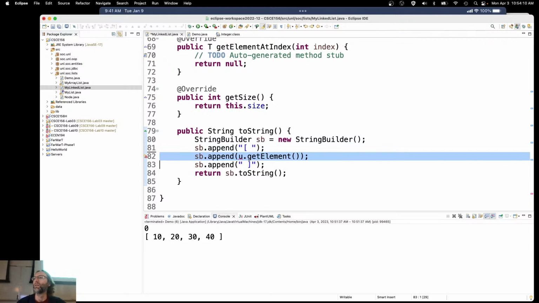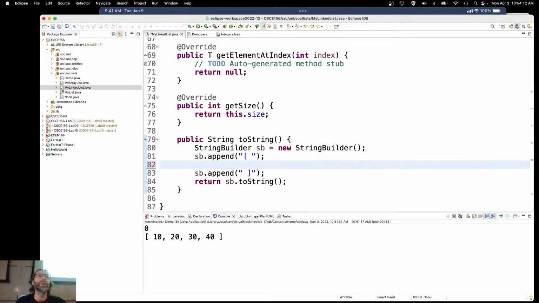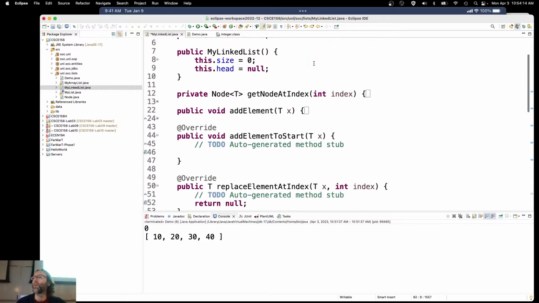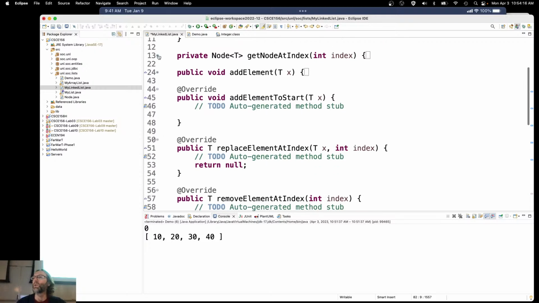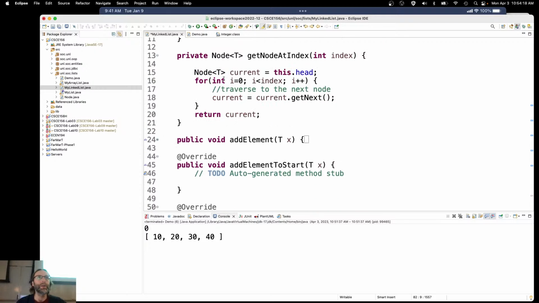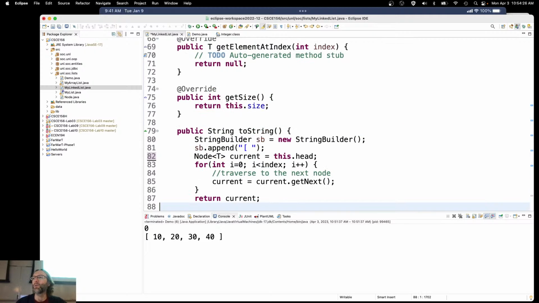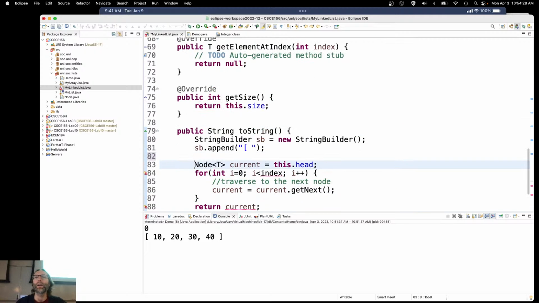All right, get rid of that. What should I do? Something very similar to what we're doing inside of this function to begin with, where we start at the head, and then we just simply traverse until we get to the end. So yes, repeated code, but if you didn't repeat that code, you're paying that fence painter way more money than you need to be paying. So the current here